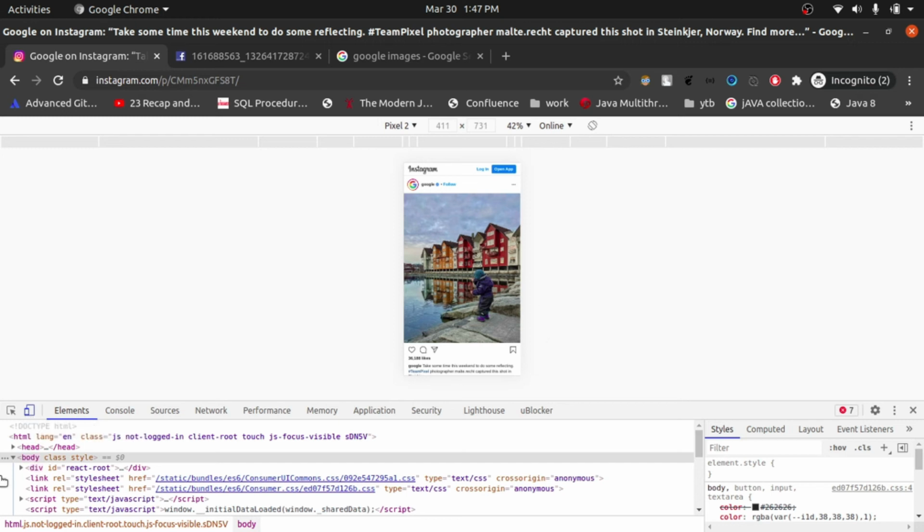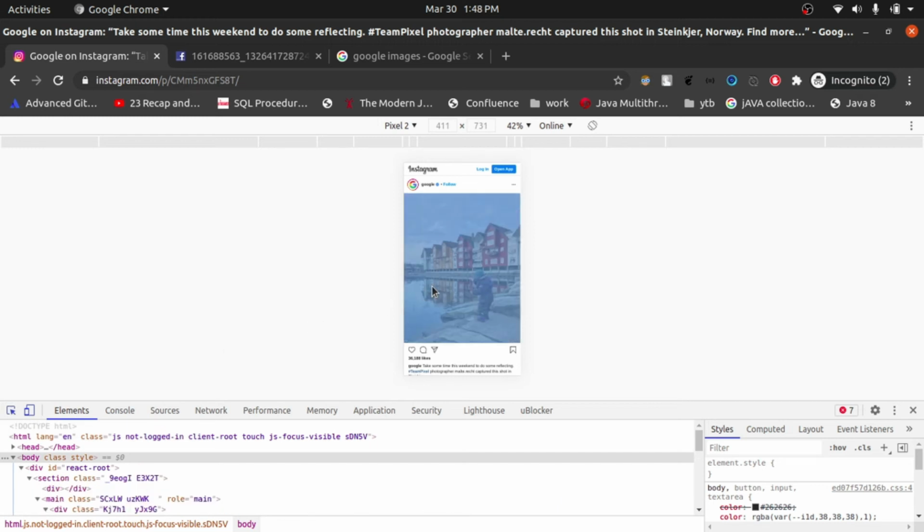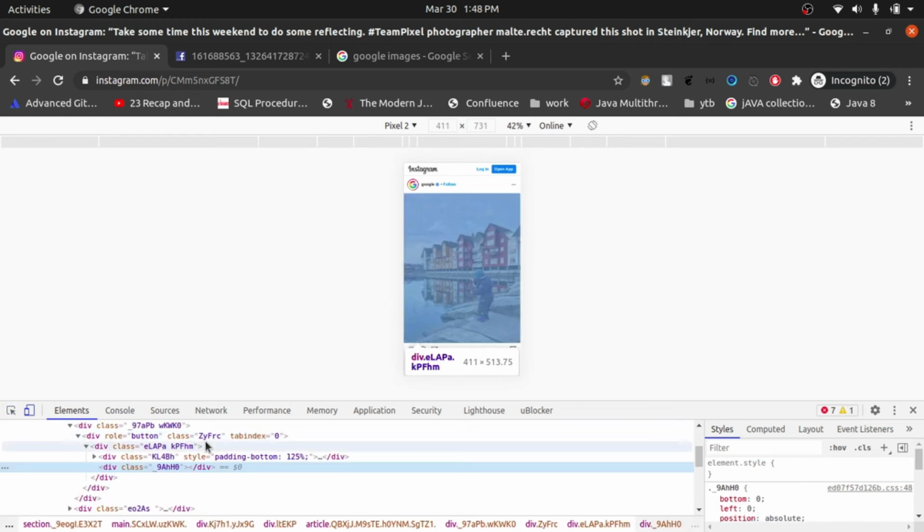If you do not want to click on that icon, you can just click here and you will get the same thing, right?